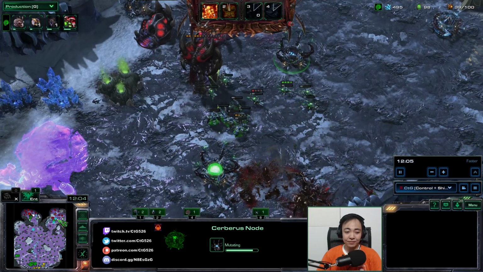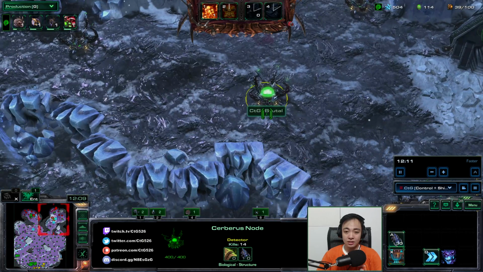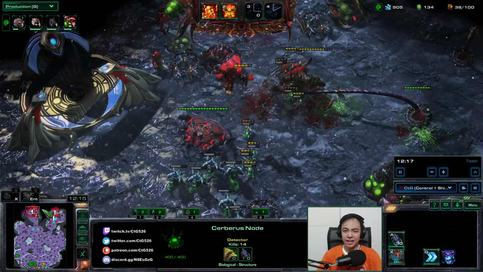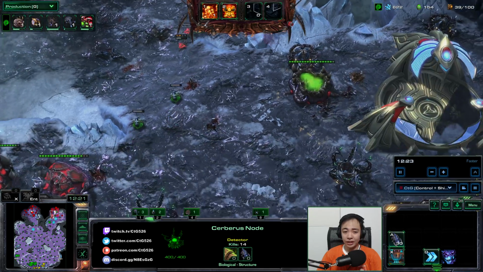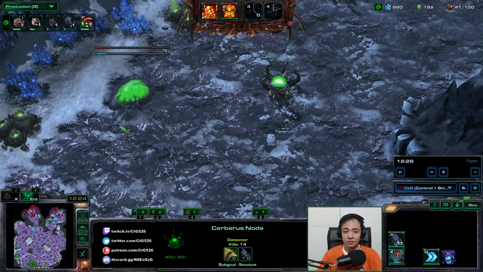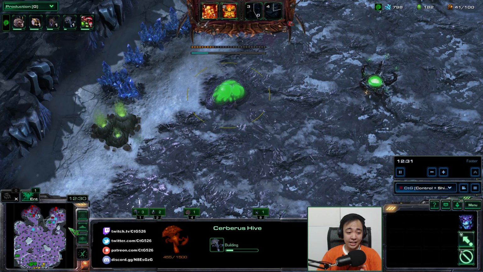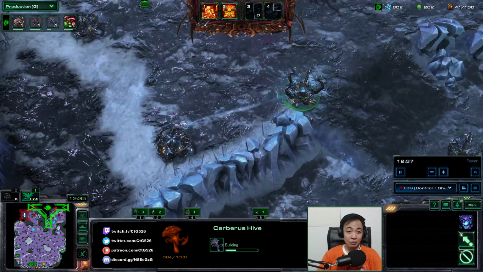So yeah, I just have this activated. It'll continuously spawn these locusts. I should probably have deactivated this one a bit ago, but that's fine. And just continue smashing. So I'm making the Cerberus hive here, under the impression that I will actually need more mineral income later on to capture these later